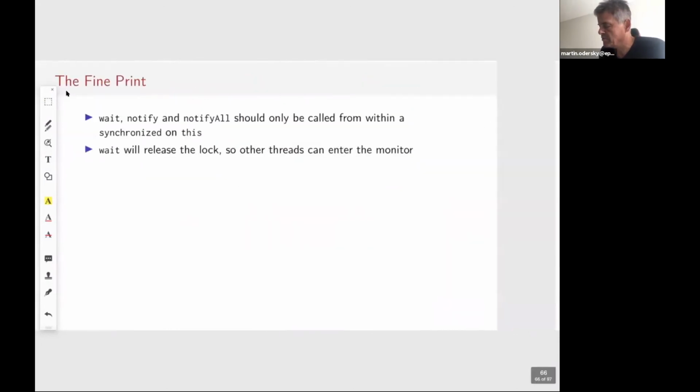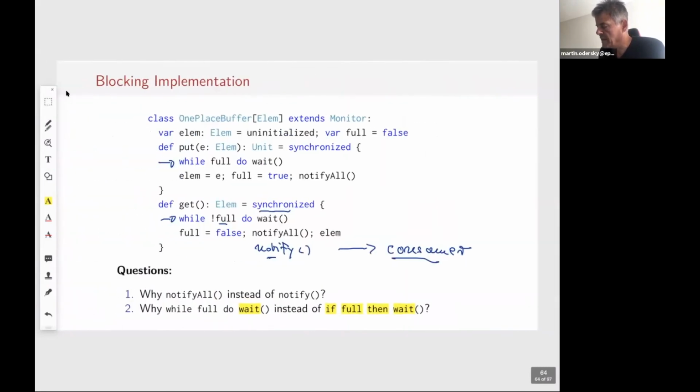Yeah, that's also important. So you could say, well, if there is this notify all here, does that mean that one of the threads gets woken up and now there are two threads in the monitor, the one that got woken up and the one that notified?